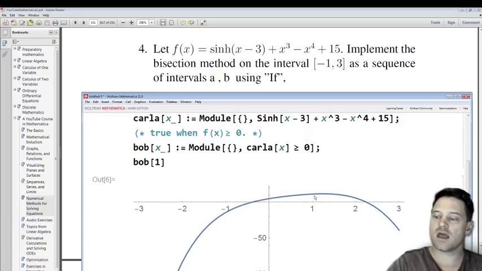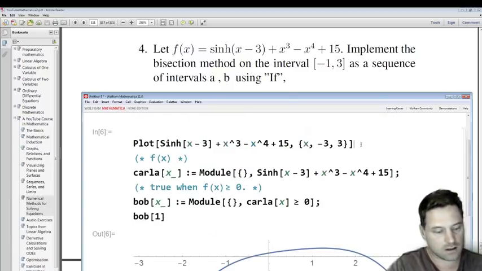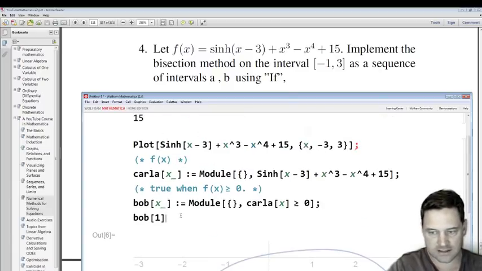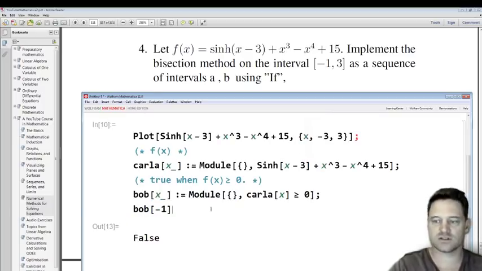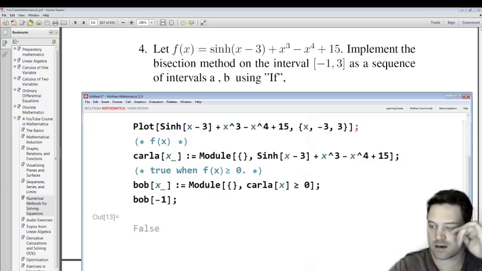So f of x should be greater or equal to 0 there. So Bob is true. Okay, now that we agree with that, let's get rid of that, turn this into negative, and now we should get a false. Okay, false. Yes, good. Semicolon that, don't need it. All right, next,